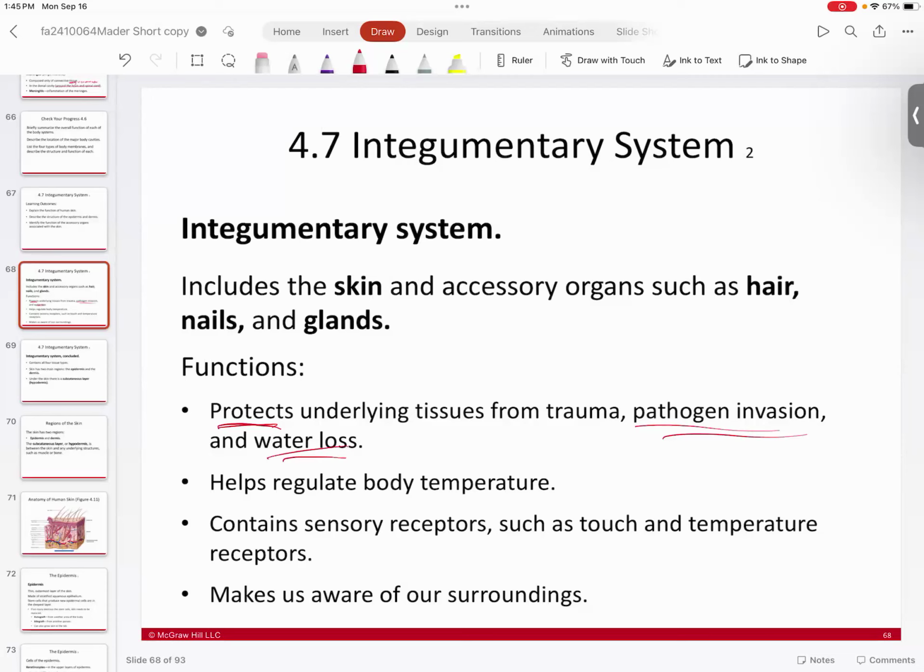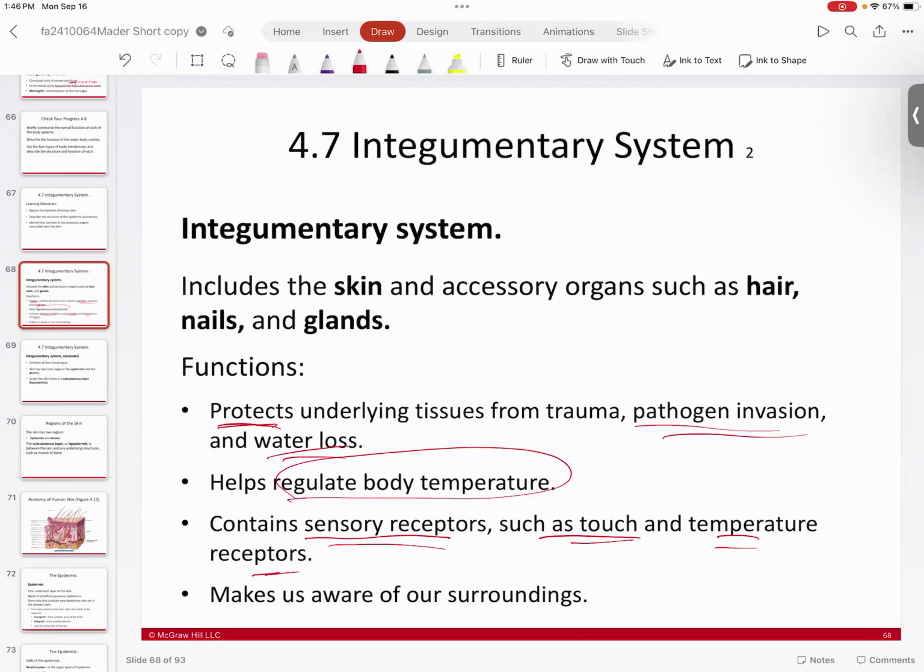They also help to regulate your body temperature. A lot of people don't realize that. That's a really big, important function of your skin, is to regulate body temperature. They also have sensory receptors, for instance, touch and temperature and pressure. This is actually really important because if you think about it, your skin isn't just a protective barrier. A lot of us think of our skin like chainmail, right? To protect us from the enemies out there in the world. And although that is true,